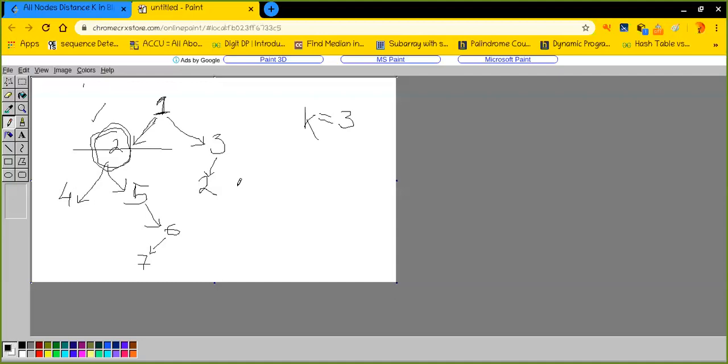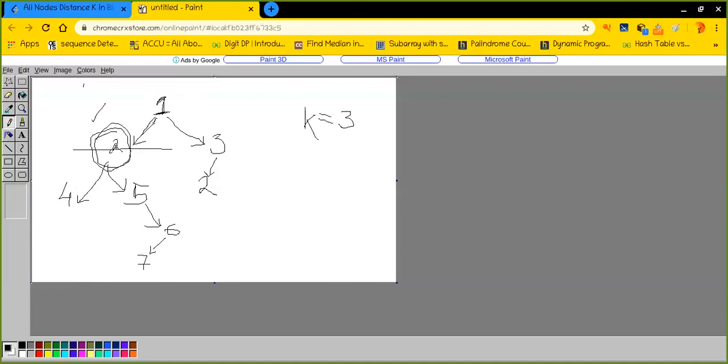Now, how to do that? Let's run this particular example to understand how we can actually achieve that. So let's say, first of all, 2 is given to me. Below this particular level, I do not actually require the mapping.